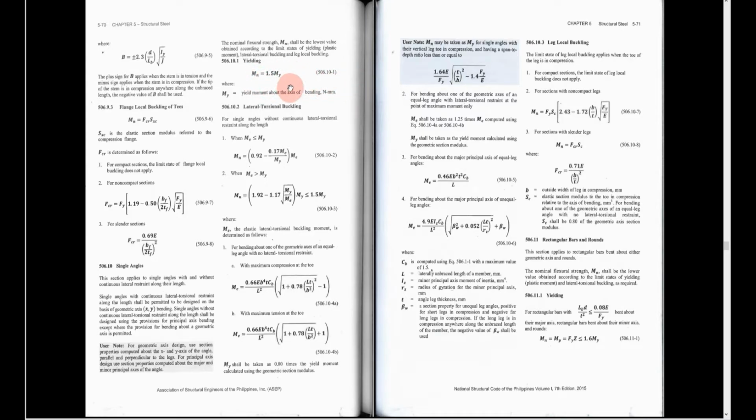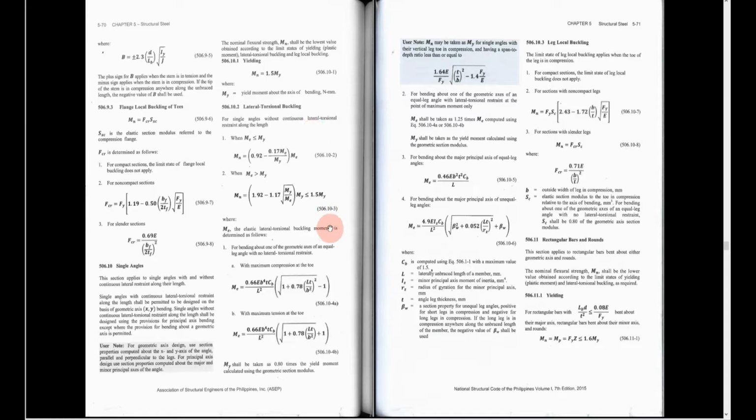Mn is equal to 1.5 multiplied by the yield moment about the axis of bending. And then for the second one, the lateral torsional buckling, we will compare the value of the elastic lateral torsional buckling moment with the yield moment, and whichever is greater or lesser, we will adopt these formulas. So we will check later on,